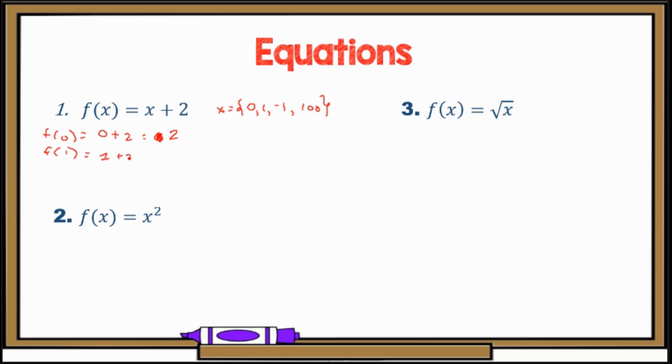Next we have f of 1. That is 1 plus 2, which is equal to 3. And f of negative 1 is negative 1 plus 2, which is equal to 1. Finally, we have f of 100. We have 100 plus 2, which is equal to 102. Now that we have evaluated our function at some points, let's make an analysis. If you expand your set of values for the input and consider the whole set of real numbers as your domain,